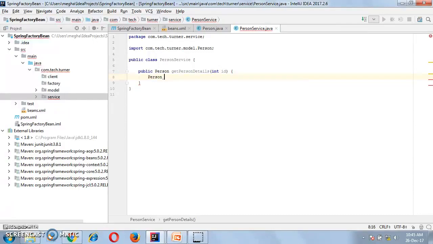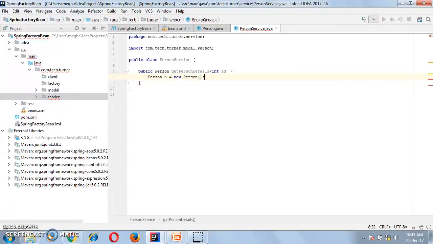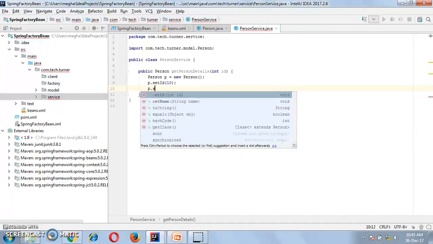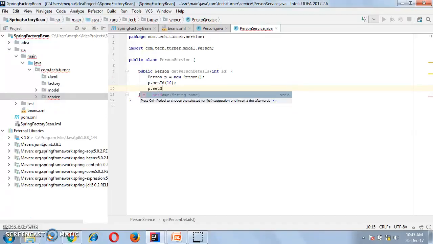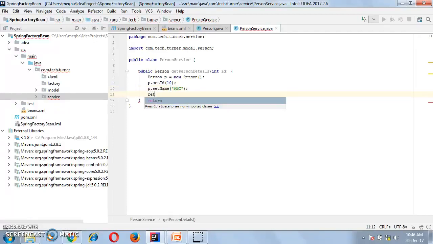Since this is an example, we are not making a connection with the database, so I am hard coding the data here. p dot set ID 10, p dot set name ABC. Return p. Now our person service and the model are ready.